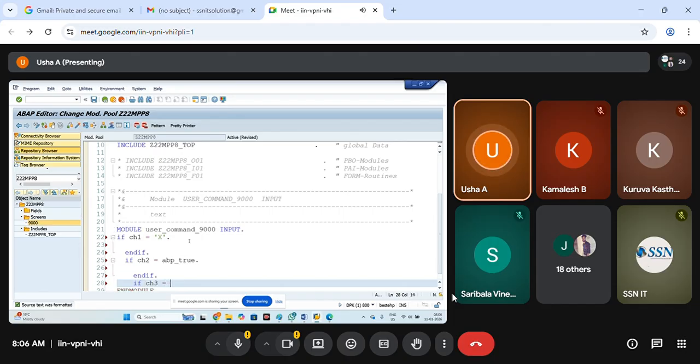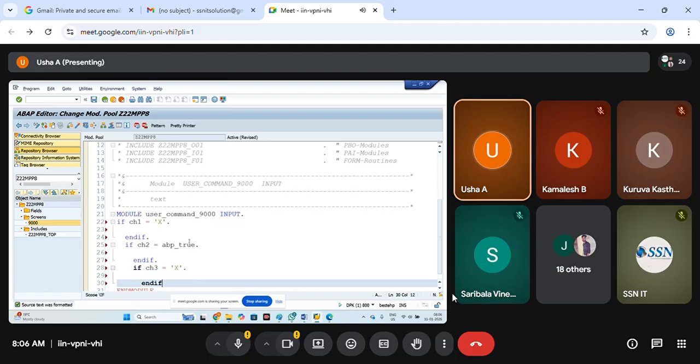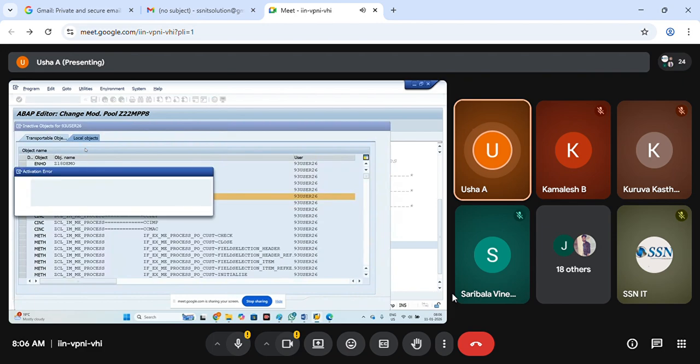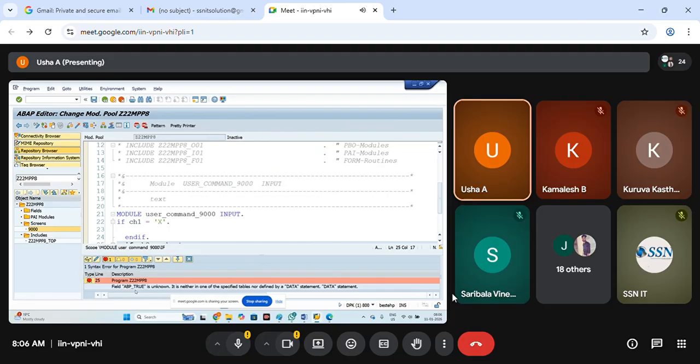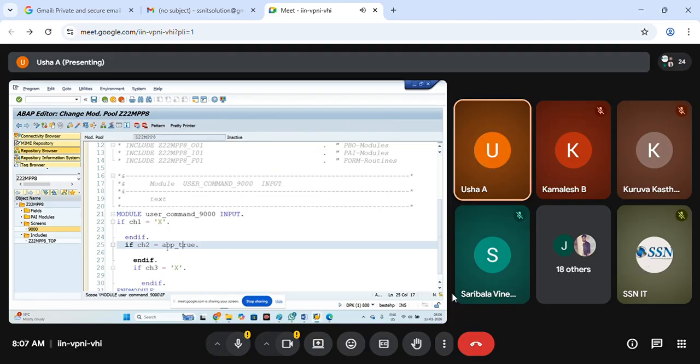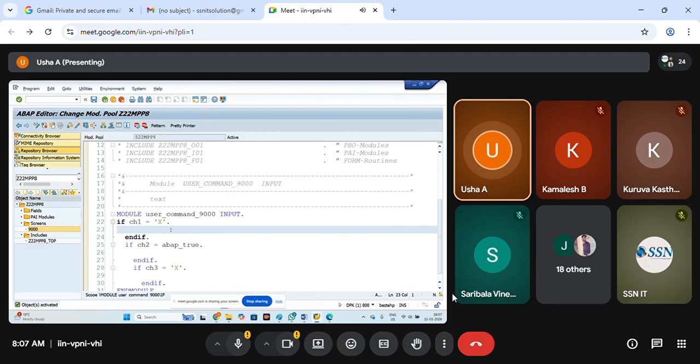Okay, ch3 equal to capital X, and ENDIF. Abap_true is nothing but capital X. If you want, double click and go and see, or otherwise in the runtime also you can see. So activate. I'm writing individual IFs because they can select one, they can select multiple also.